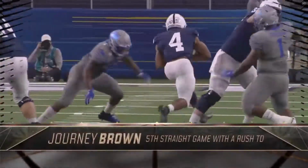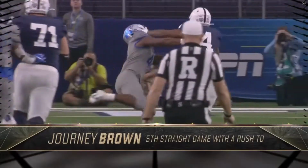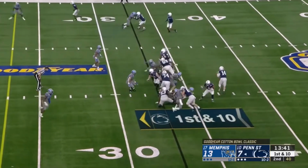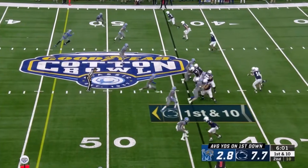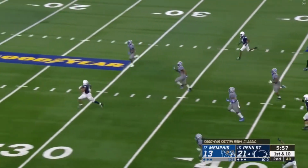You see him taking it to the house. Fifth straight game with a rushing touchdown. Like I said, he ended the season at a blazing pace, because this guy is a blazing superstar. You see this run right here. This is more of a normal run where he just stiff arms someone. He shows his strength, and he has a little bit to learn with. You know, he took that outside a little prematurely,